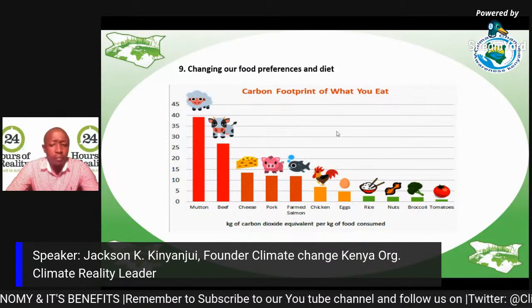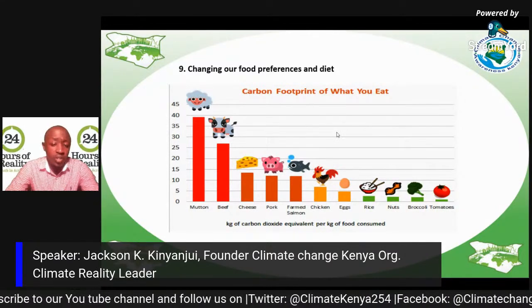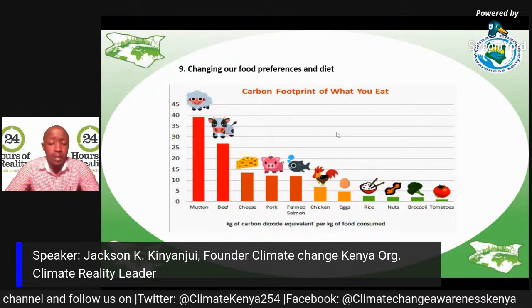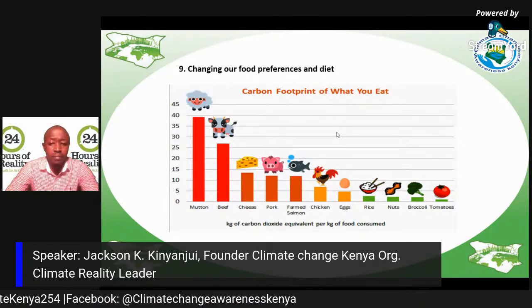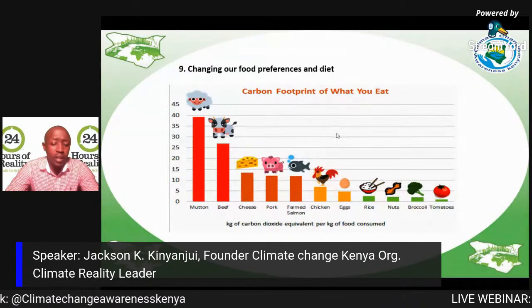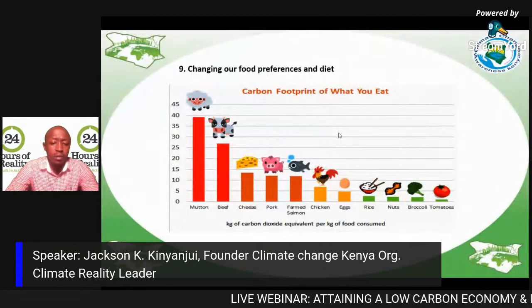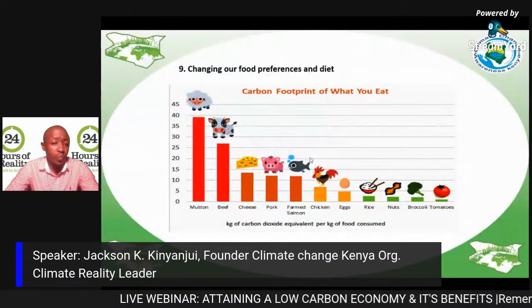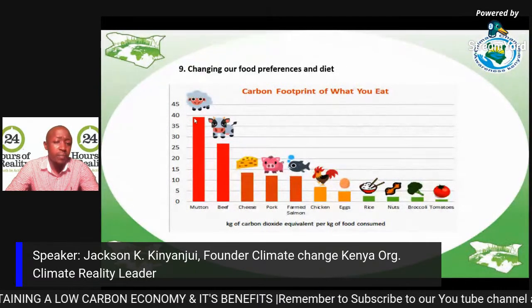We should aim at becoming more vegetarian or vegan because science has proved that the high population cannot sustain the high demand that we have on meat. And animals have been found to be one of the largest emitters of methane. And from the chart in front of you, consumption of 1 kg of